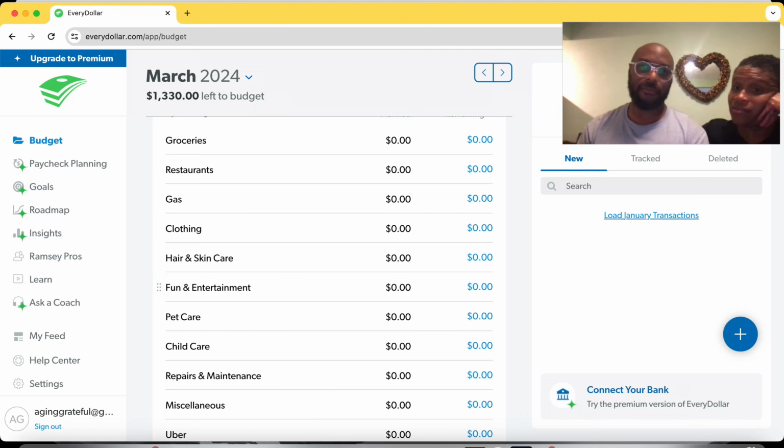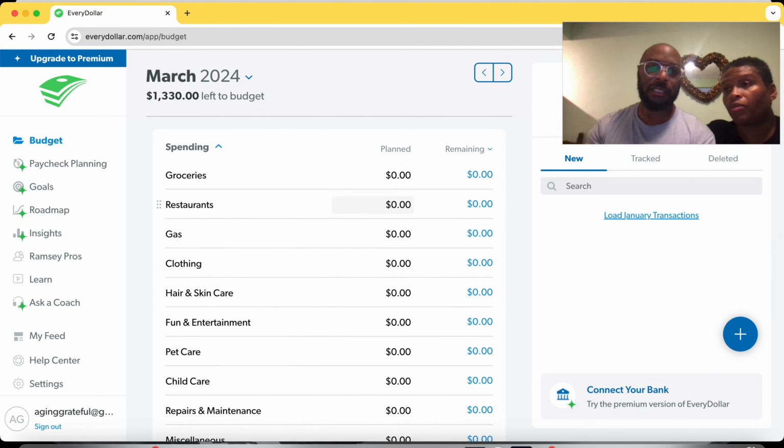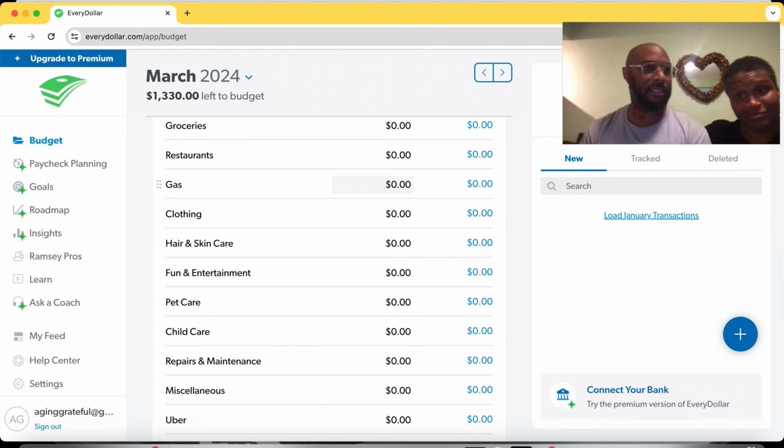One thing I like about that is it takes the stress out of itemizing everything, because typically you end up doing this anyway. Let's say we spend all of our money in restaurants and have $200 or $300 left for groceries, and then somebody calls and says, "Hey, my birthday is this weekend. We want to go out to this restaurant and celebrate." And we're like, "Well, we spent all our restaurant money, but we can take some money from groceries,